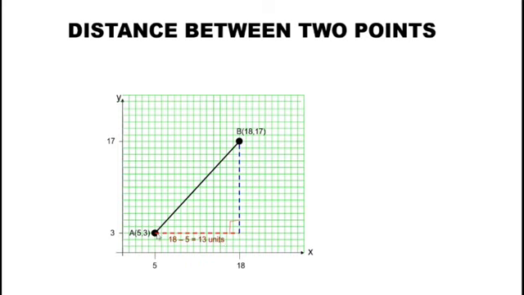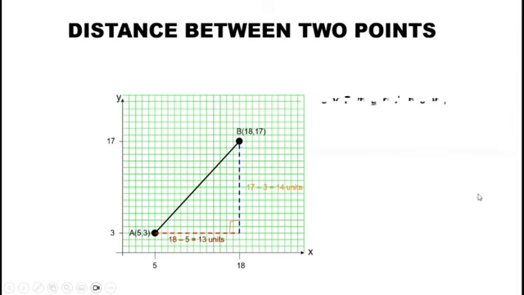In this triangle, the horizontal distance is 13 because we can find this by finding the difference between 18 and 5. Or if we count the number of boxes below here, then we get 13 units, assuming each of the boxes here is 1 unit. If we count vertically, we also get the distance from 3 to 17, which is the difference between 17 and 3, in this case 14. So if we count 1, 2, 3, 4, 5, 6, 7, 8, 9, 10, 11, 12, 13, 14,